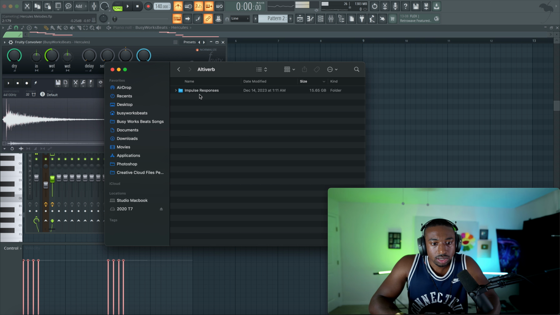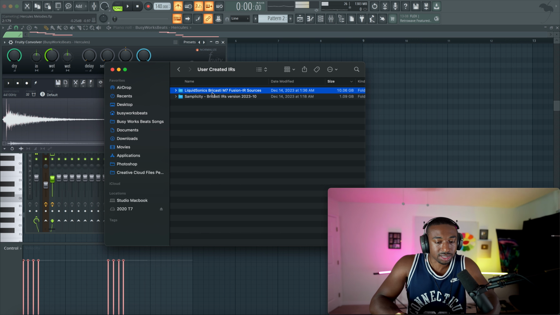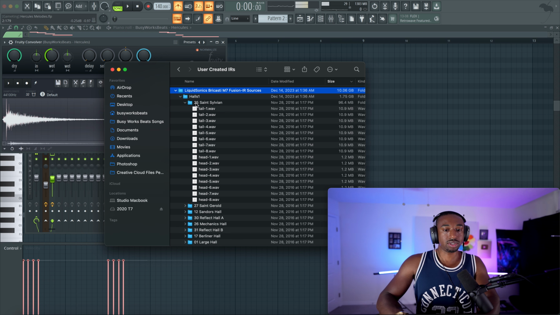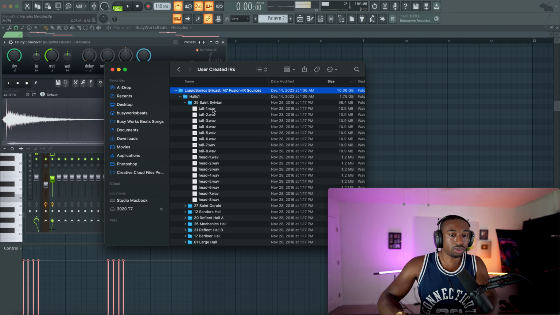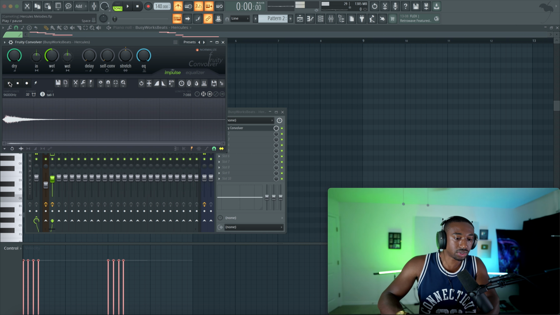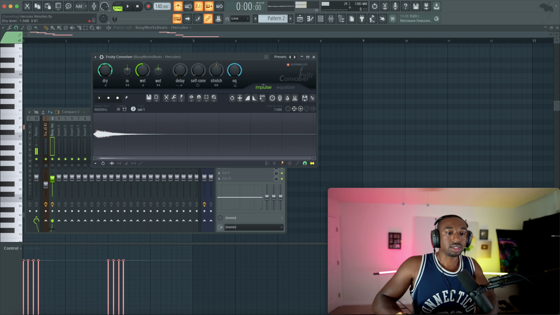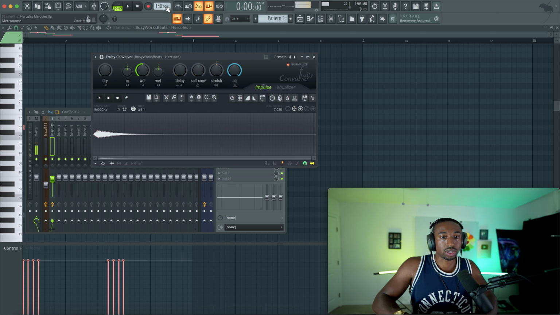So firstly, there's a company called Liquid Sonics. Okay, they have Bricasti M7, which is a super rare reverb unit that everybody loved. And the Simplicity also has some Bricasti samples. In short, we're going to go to the Hall Verb, grab the tail, just drag it into the Fruity Convolver. These are basically noise samples of different spaces, okay? And so we're going to run our sound through that space. So let's turn down the dry level. And now all we're going to hear is our melody going through that space.